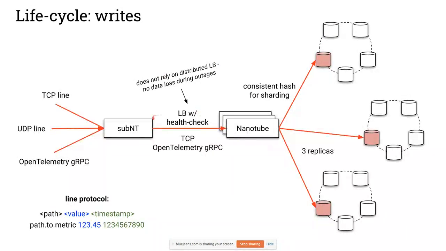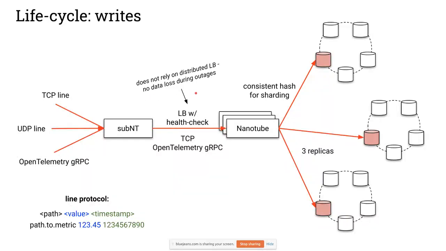It has its own load balancing that has a health check. So it does not rely on any kind of distributed load balancing that would impose dependence on other systems,